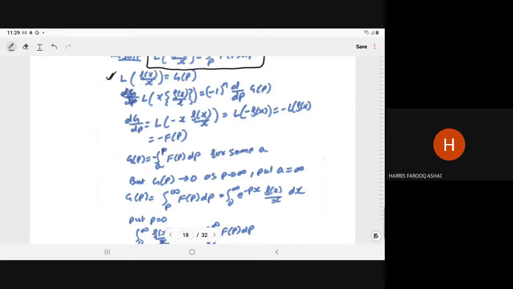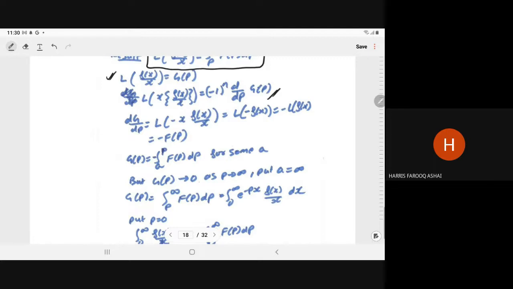So here, if you take the Laplace transform of x into f(x) upon x, then by the formula just derived, it is equal to (-1)^n d^n/dp^n of g(p). So here we have dg/dp equal to this, and the (-1)^n will come on the left side. So this will become